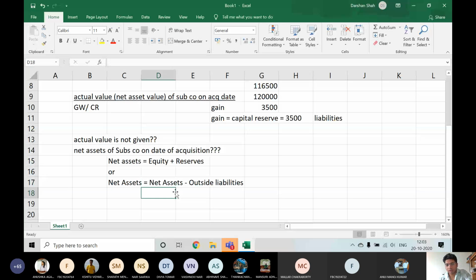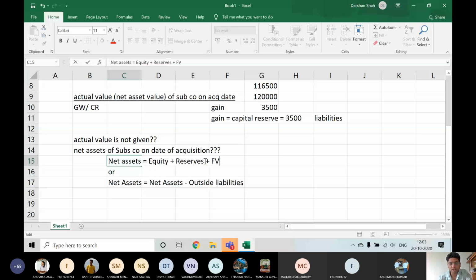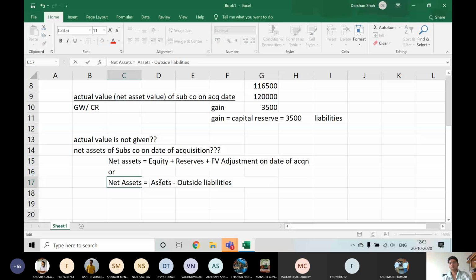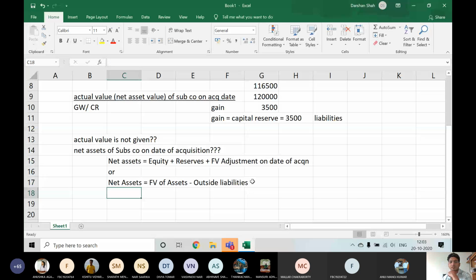तो यहाँ पे नेट असेट्स माइनस आउटसाइड लायबिलिटीज इक्विटी प्लस रिजर्व बराबर है। ठीक है, लेकिन यहाँ मैं इक्विटी प्लस रिजर्व में फेयर वैल्यू एडजस्टमेंट ऑन डेट ऑफ एक्विजिशन ऐड करूंगा। ये नेट असेट्स नहीं होता, फेयर वैल्यू ऑफ असेट्स रहता है। फेयर वैल्यू ऑफ असेट्स माइनस आउटसाइड लायबिलिटी, दैट विल गिव मी नेट असेट। सी इफ दिस इज क्लियर. असेट को वैसे के वैसे वैल्यू नहीं करेंगे हम लोग।